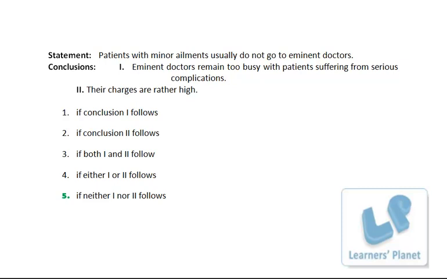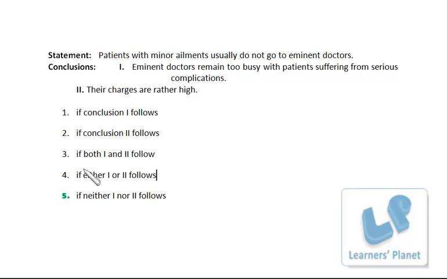So it can be concluded, right? That's an individual's thought actually, which is literally true. Apart from that, their charges are rather high. Suppose you are having a headache and you go to a neurologist, his visiting charges will cross thousands, at least more than 1,000, right? So for a small problem, you do not go to the doctor just because they'll be charging really very high, right? So what do you do? You just take pills and try to avoid the visit. So both the conclusions individually follow.